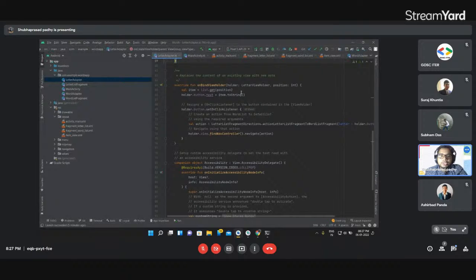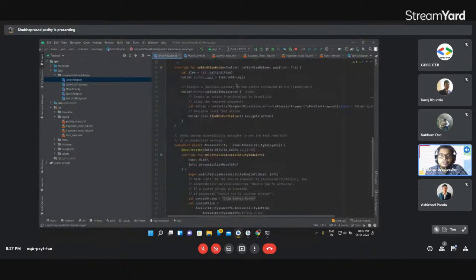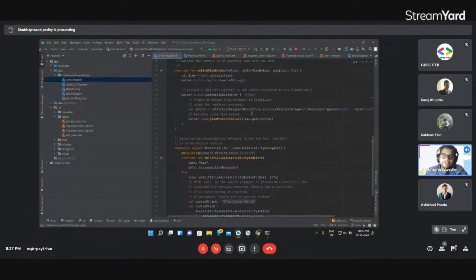So there we can choose the item that we are going to work with. For example, in this case, the item variable is going to be list dot get position, and it should return the value at that position, and then we are setting the text of that particular button to that value, and that value we had already created before in the above method,